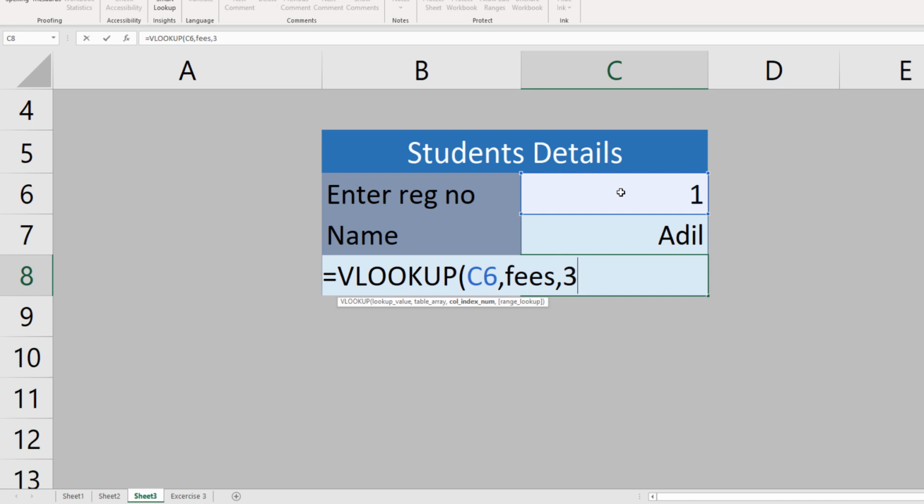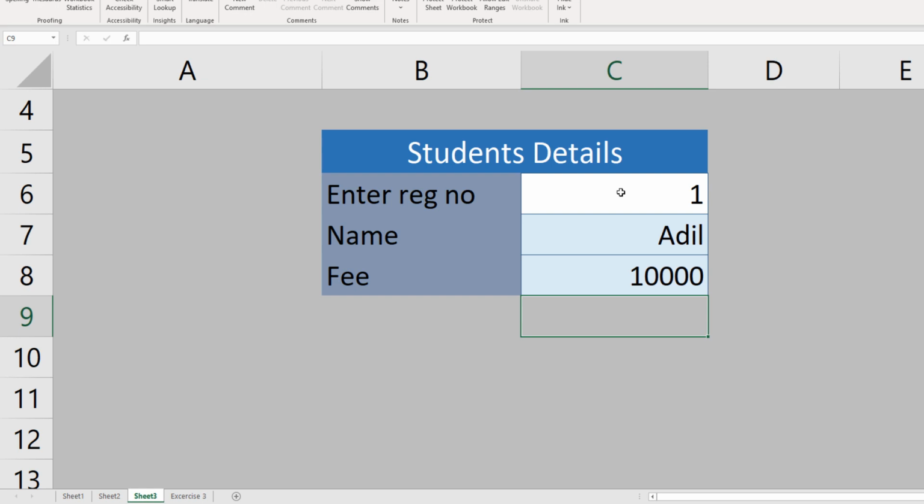That is the third column, and the search is exact. So now our data retrieval form is complete. If I type 2, it gives me the student name and the fee. If I type 3, it does the same.